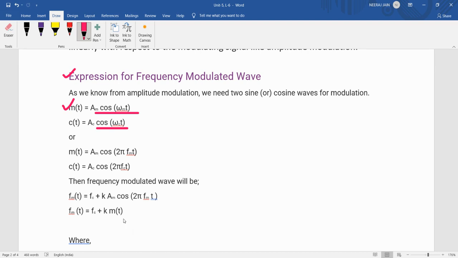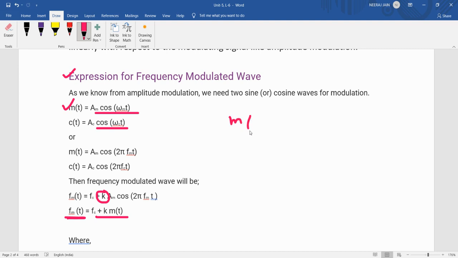Here K is a constant, यहाँ पर K है वो हमारा एक कांस्टेंट पैरामीटर है. तो f(t) जो फ्रीक्वेंसी हमारी होगी that will be fc + k m(t), because in the case of amplitude modulation,